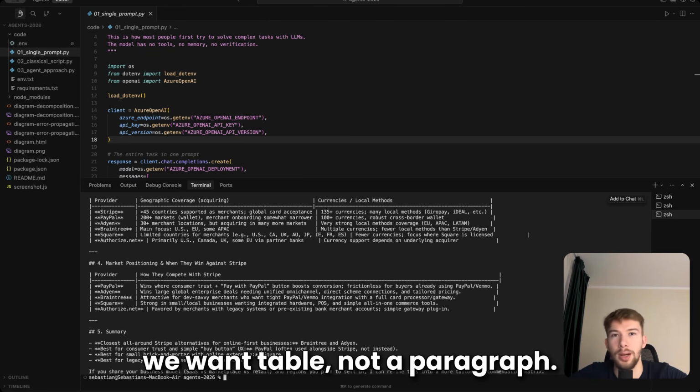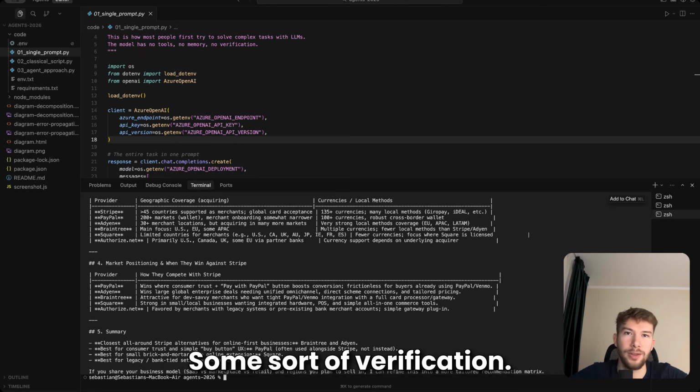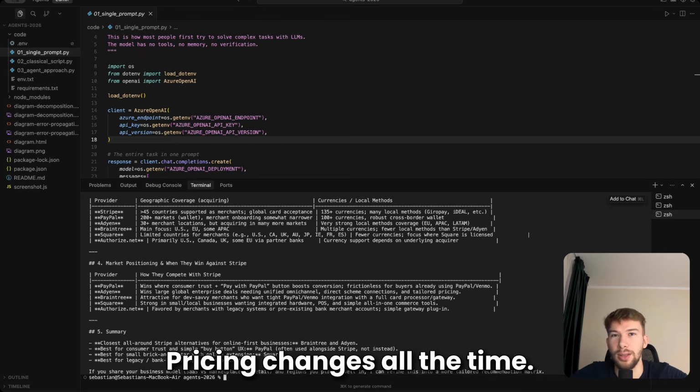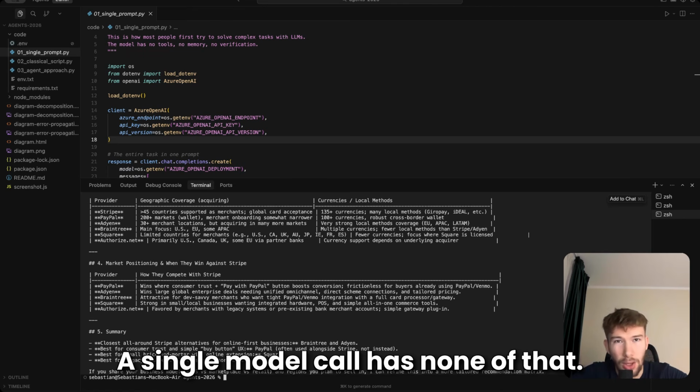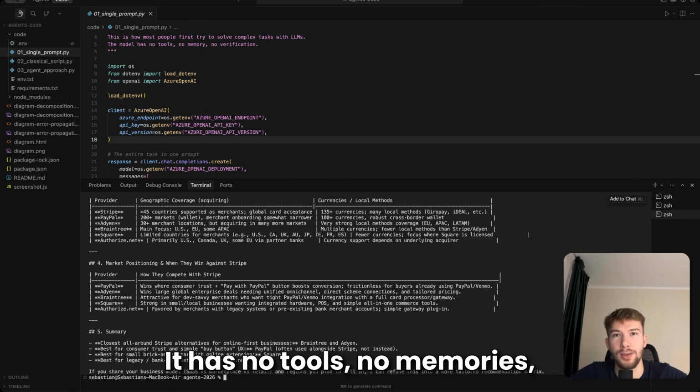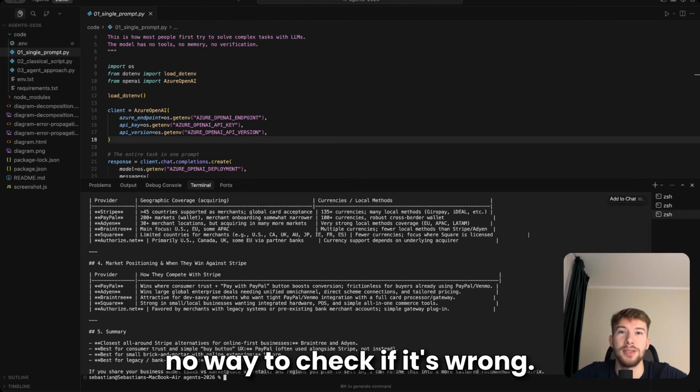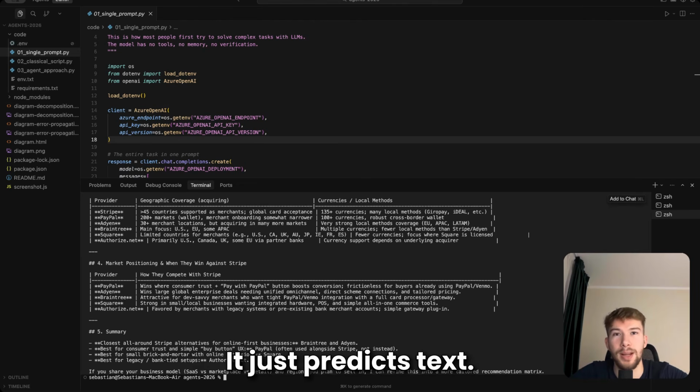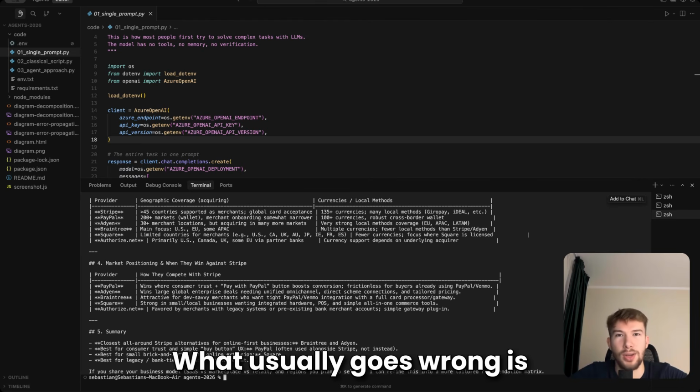We want a table, not a paragraph, and some sort of verification. Pricing changes all the time. A single model call has none of that. It has no tools, no memory, no way to check if it's wrong. It just predicts text. What usually goes wrong